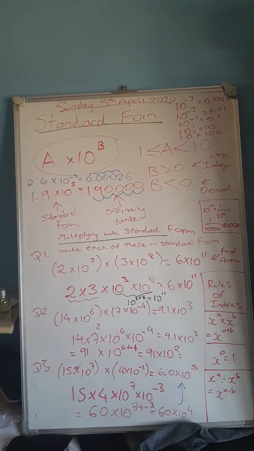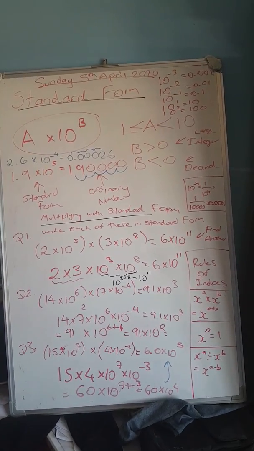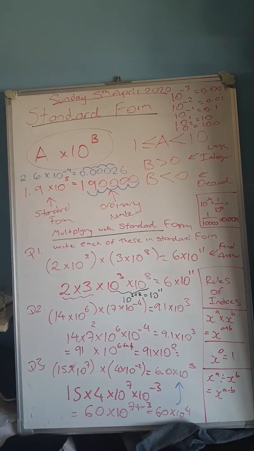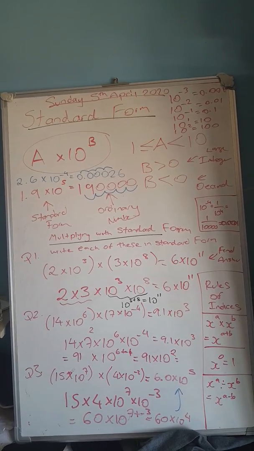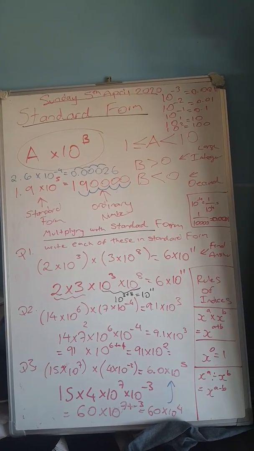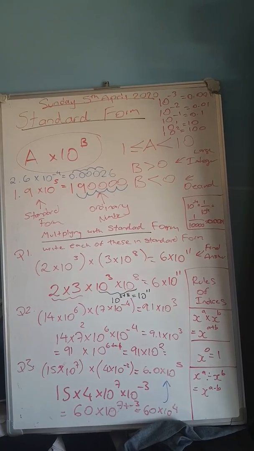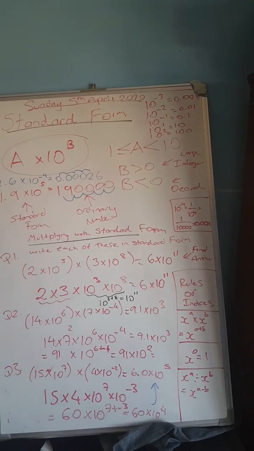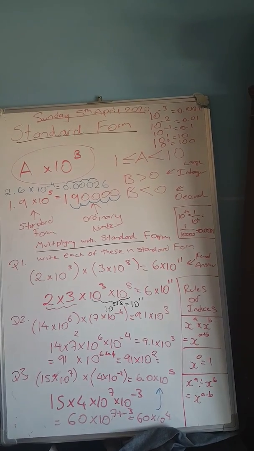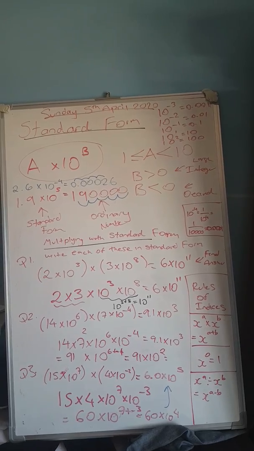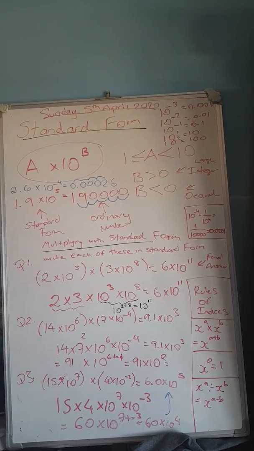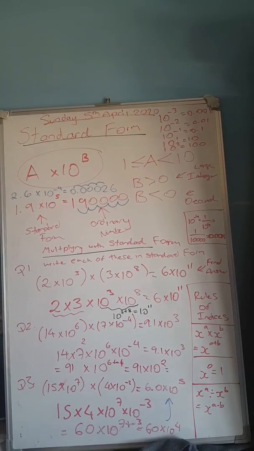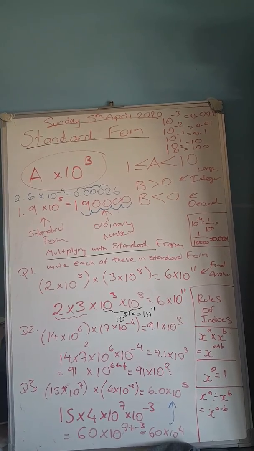Right guys, so today's lesson, we're going to look at multiplying with standard form. So, question 1, we've got 2 times 10 to the 3 times 3 times 10 to the 8. Okay, so all we do is multiply the numbers together, so it's 2 times 3, which is 6, and then 10 to the power of 3 times 10 to the power of 8, so we use the rules of indices that we looked at in one of the videos a while ago, in the bottom right of the screen: x to the a times x to the b is equal to x to the a plus b. So it would be 3 plus 8, which is going to be 11. So my answer is going to be 6 times 10 to the 11,